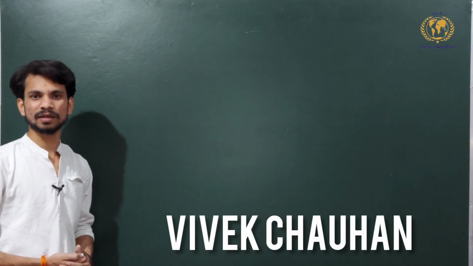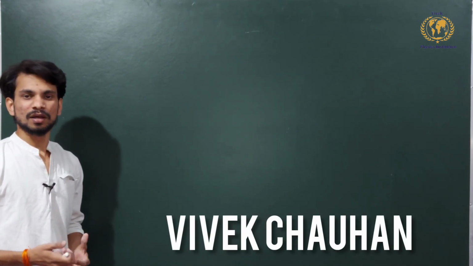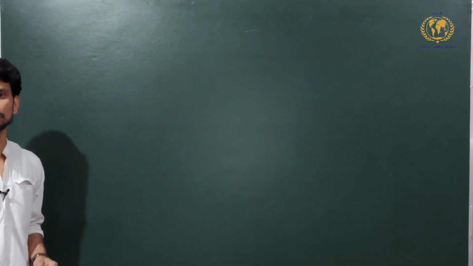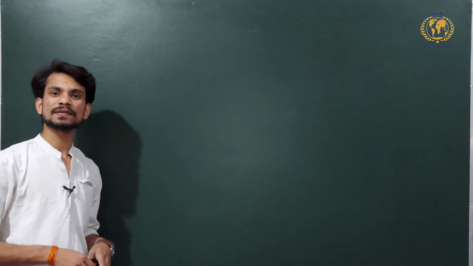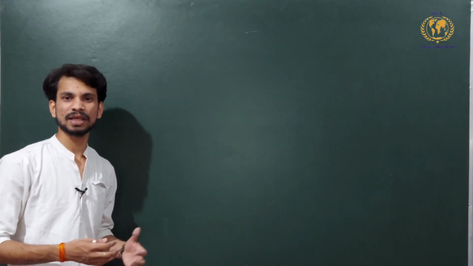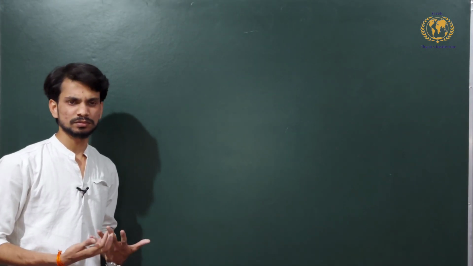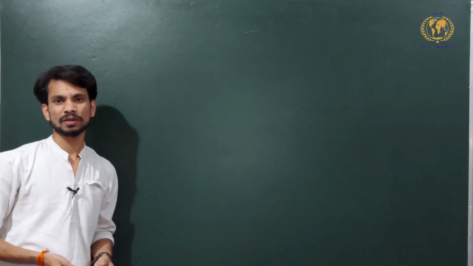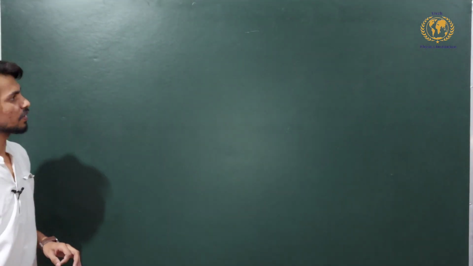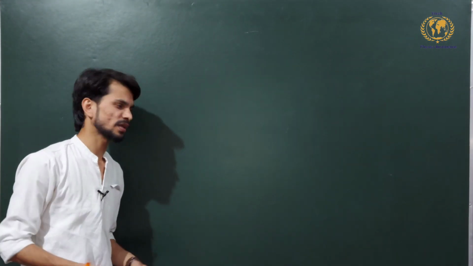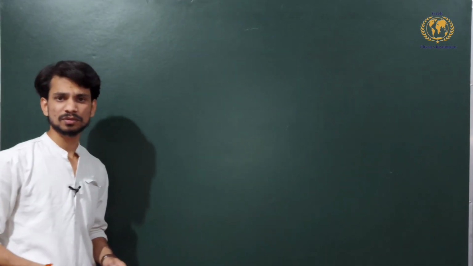In continuation of my previous lectures, I will take a little bit of your time to explain the relativistic formula of the law of velocity of the particle. In the last videos we have discussed the Lorentz transformation and its applications like time dilation and length contraction. In this video we will discuss the relativistic formula for the law of velocity, the law of addition of velocity as well. So let's talk about it.